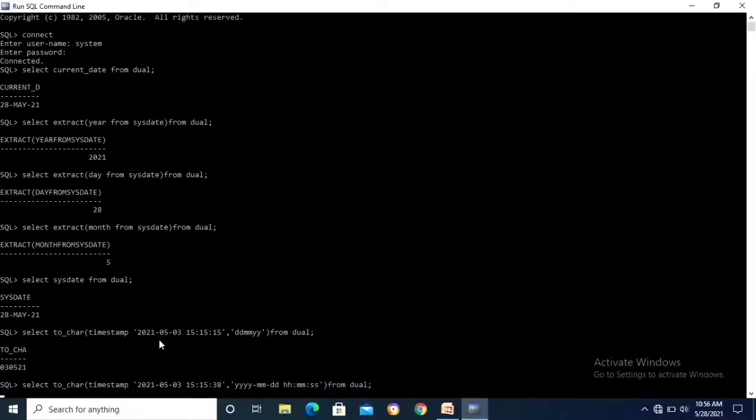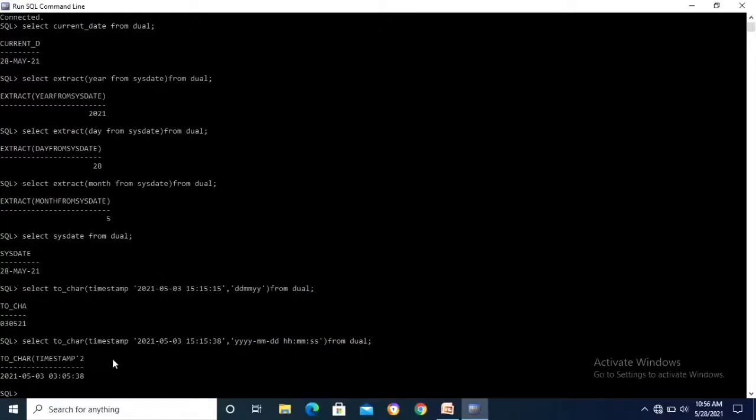Dual. Semicolon, enter. If you look at this table, in this command, select to_char of timestamp, the date is declared, the time is declared, and the string data is year, month, date, and hours, minutes, seconds. So two data types are displayed in this table. Okay, this is the command.